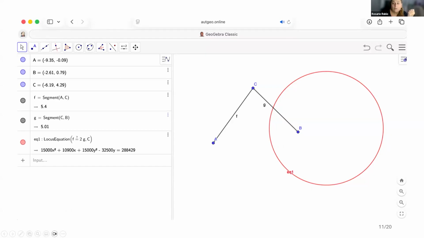In this case, the locus is a consequence. Thus, a necessary condition of AC to be twice BC implies that C is on the red curve, but we want to discover